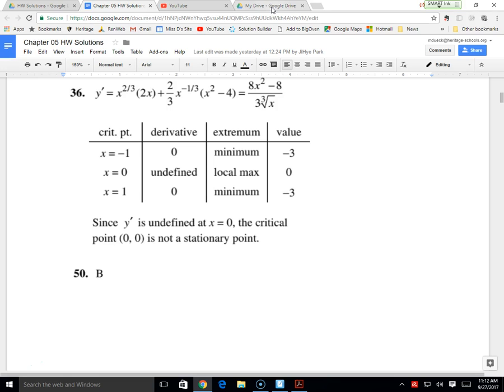What did I say yesterday? It doesn't follow EBT. EBT, to be guaranteed maximums and minimums that we can find by testing the only candidates, that all comes back to EBT. So for a continuous function on a closed interval, if either of those two fail, we have to use a sign chart and think about the entire behavior of the graph. Does that make sense? Any other questions from the homework last night?